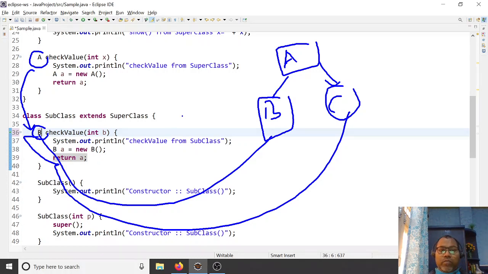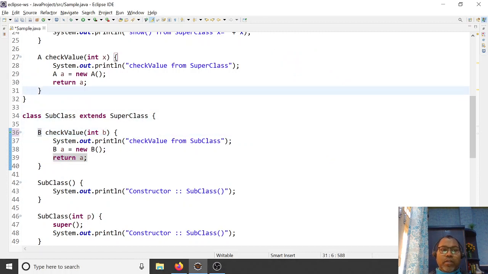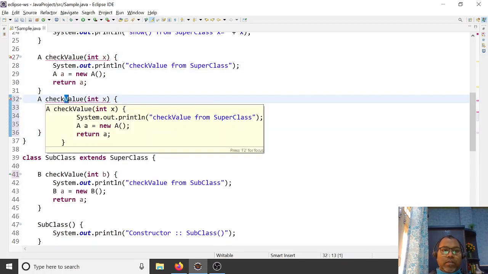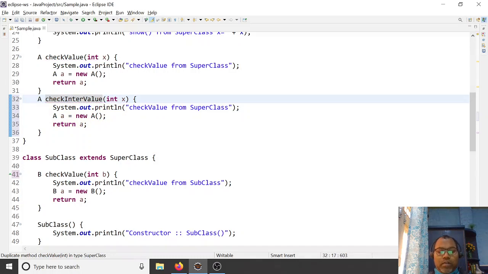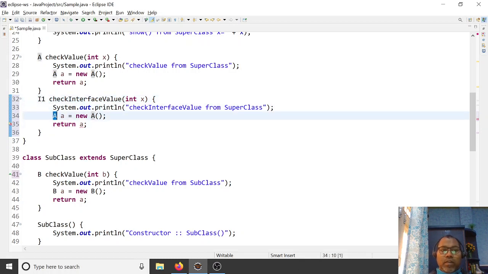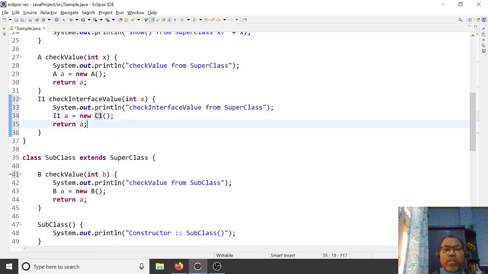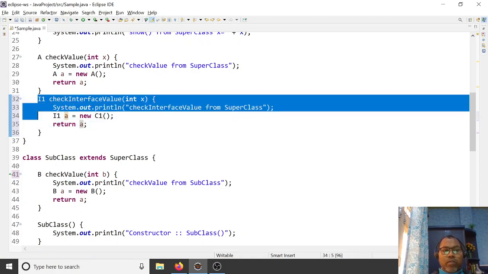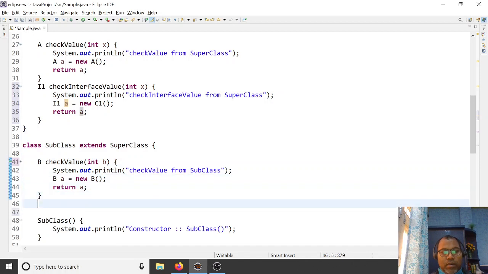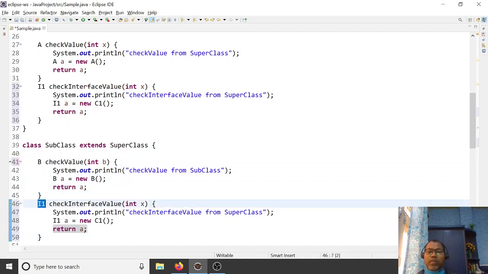Similarly, if you have a check interface value method, here you can write your interface I1, and any implementation of I1, implemented by your C1, so you can write C1 here, and similarly C2. It can return your interface itself or a class like C2.